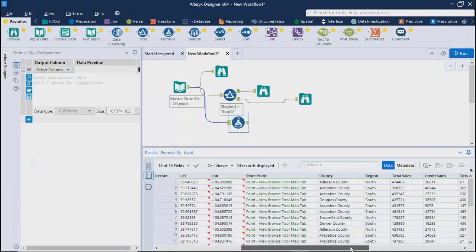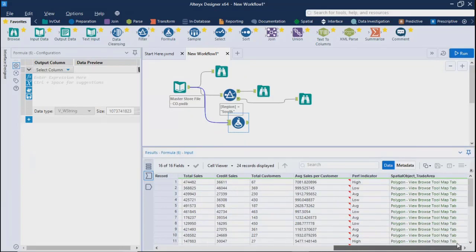For example, you have total number of customers and average sales per customer. What if I just multiply these two fields? We might get the same result as total sales, but we'll see that. So we'll say calculated sales, that's the column name.